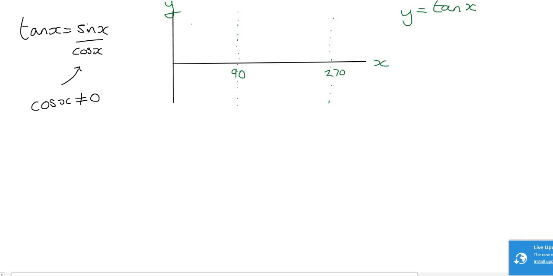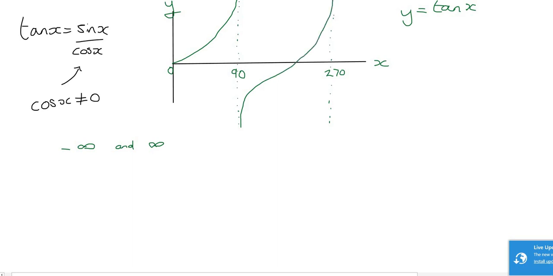Right, and again, using the unit circle, we see that the tan graph looks something like this. So it starts off at 0, and it goes up, and it gets very close to this asymptote, but it never actually touches it. So the range of tan is actually not between -1 and 1, it's actually between -infinity and infinity. So the next part, it starts off down at -infinity, or very close to it, crosses through